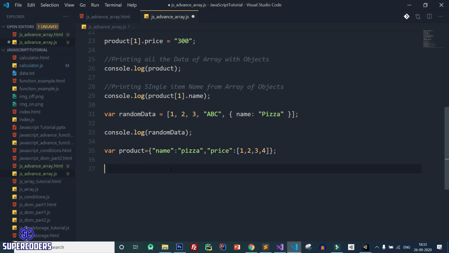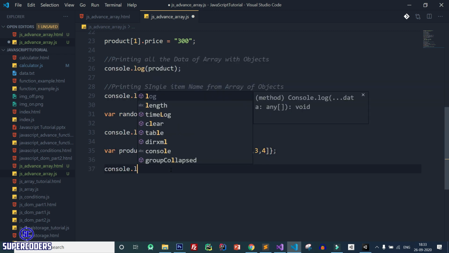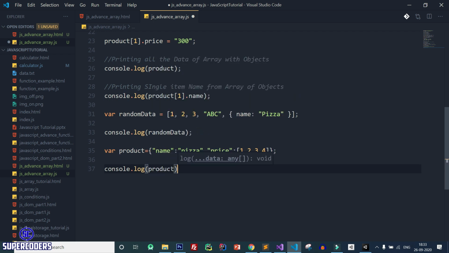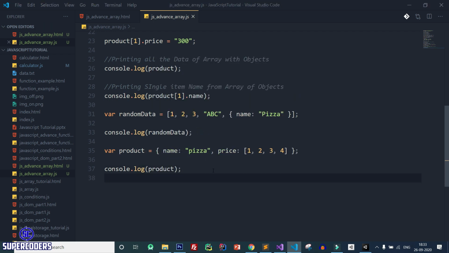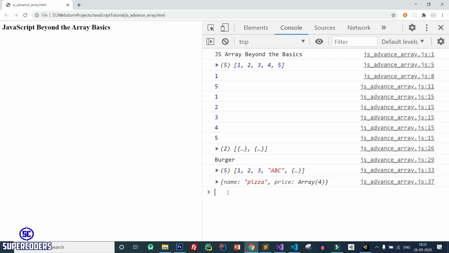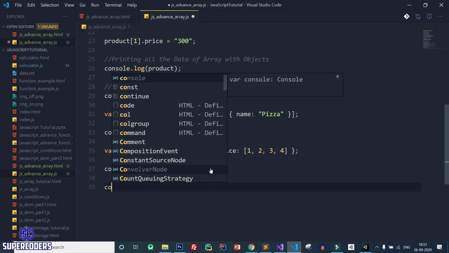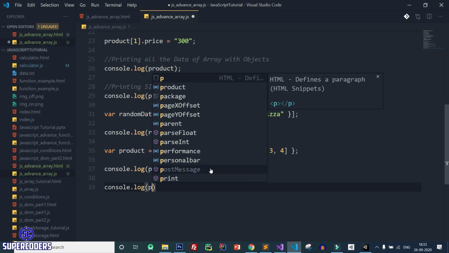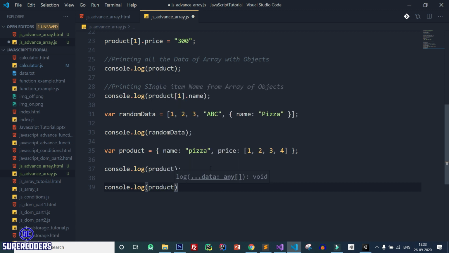Now let's see console.log(product), save it, back to Chrome, refresh the page, and you can see here I created an object with data of an array. You can also access the array data. So console.log(product.price), and you can use any array method on the price because our price is an array.